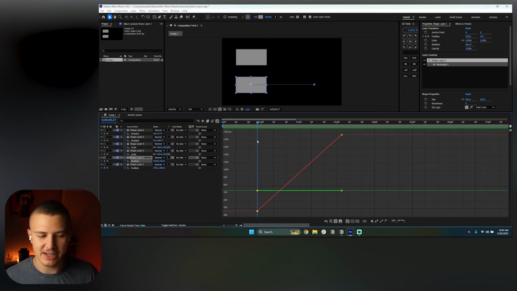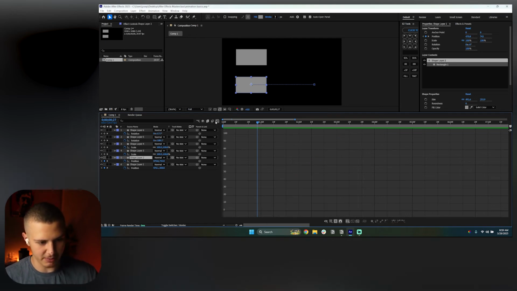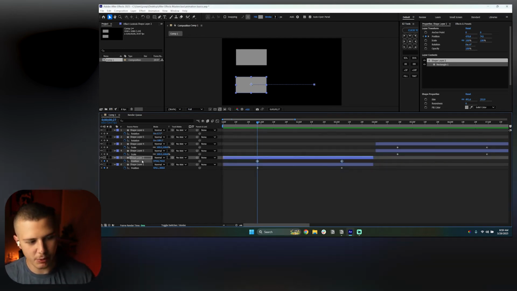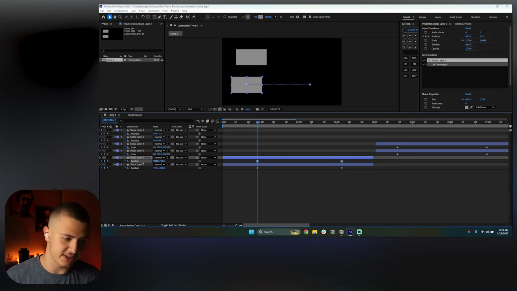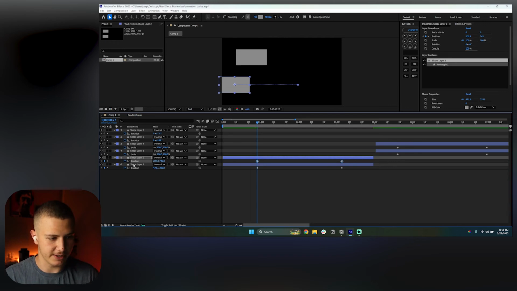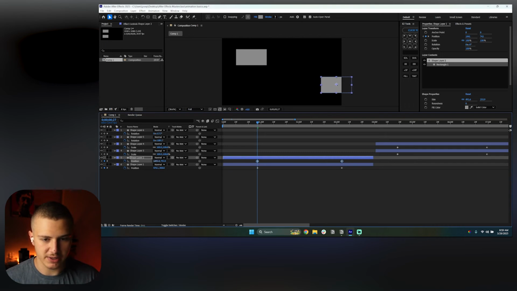Now, how exactly does that work? Well, if we were to look at the position function, we're back inside of our timeline. The way that position works inside of both Premiere Pro and After Effects, in any program, is it works based on numbers, meaning if I move it to the left side, the value decreases, right? If I keep moving this all the way until this thing is 0, it's going to be on the edge over here. So the edge here is 0. Now, the more I move it to the right side, the more this value increases, all the way until, you guessed it,